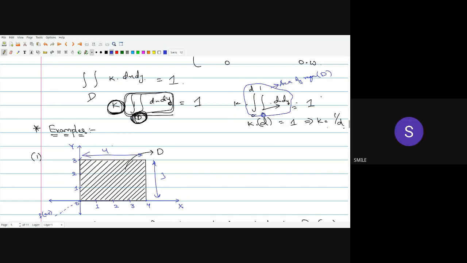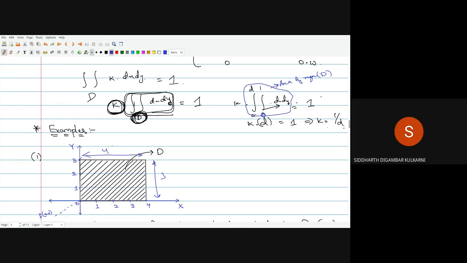Okay, so in general we get volume, sir, but like even in one variable, if you are integrating f of x dx, we get area. But if f of x is constant and it comes out and you are just integrating dx, then you get a length, not an area, right? So in the same way, here the constant comes out, so now you're integrating, you are getting an area.